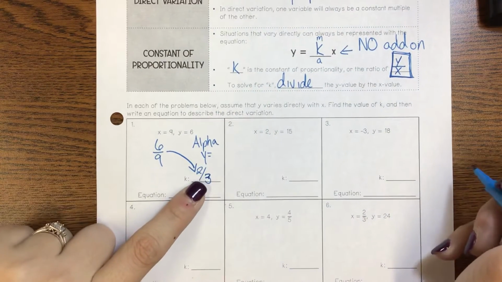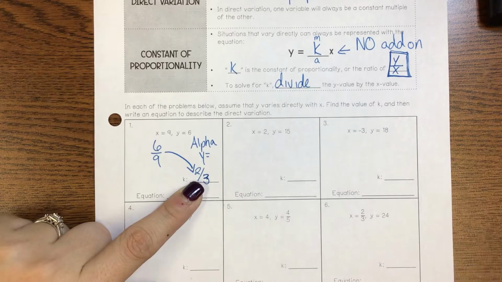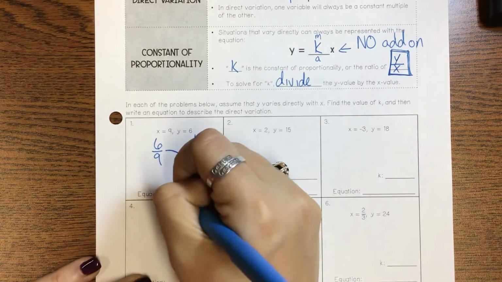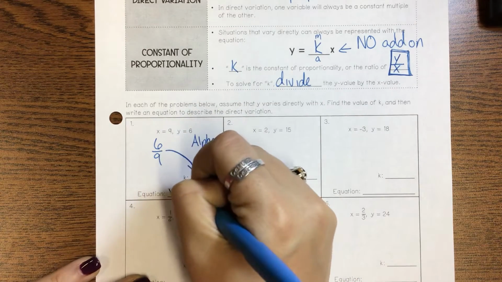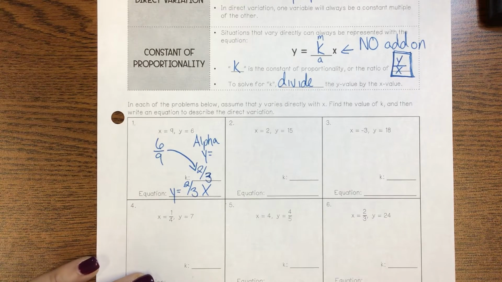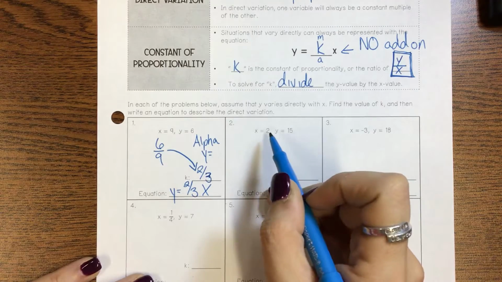Once I have my k, my direct variation, my constant of proportionality, my slope, I can write an equation. Y equals 2/3 x. And that is all we're doing today. That's it. Y divided by x,